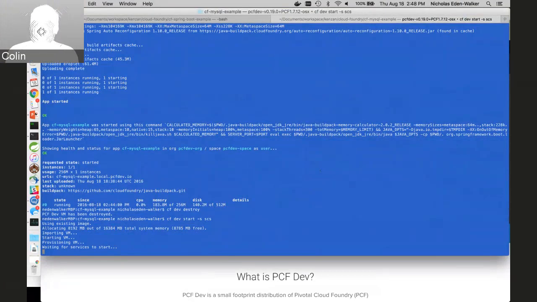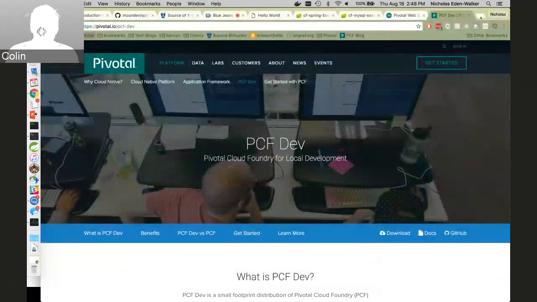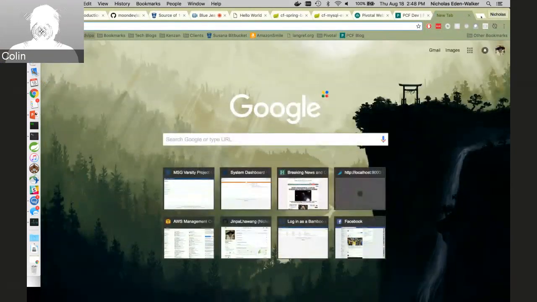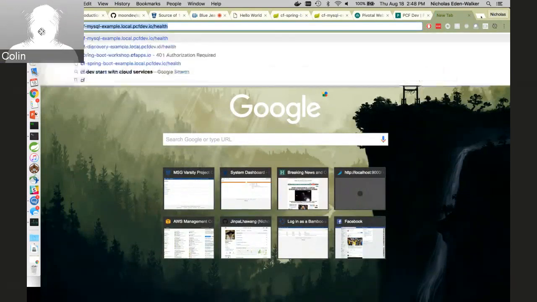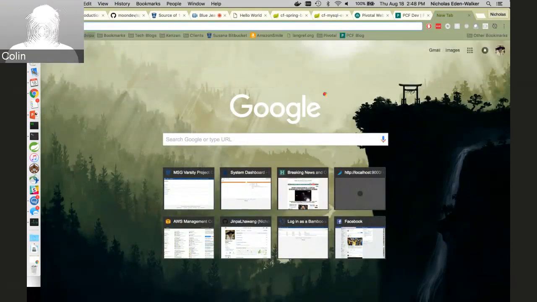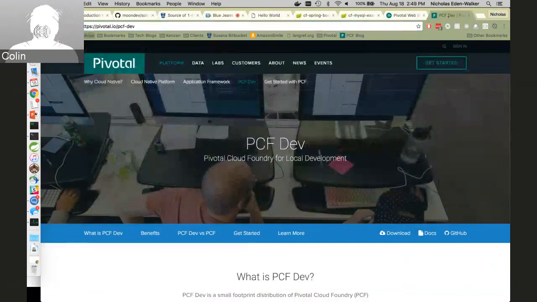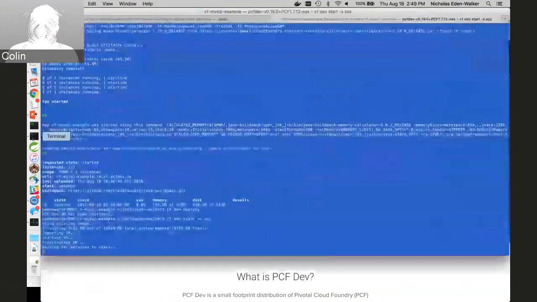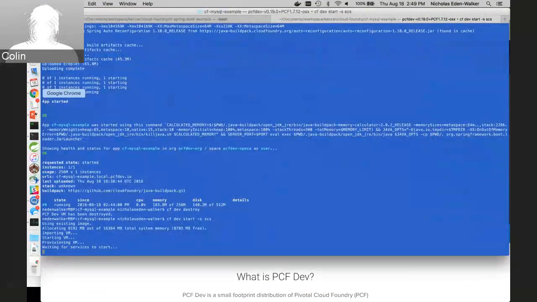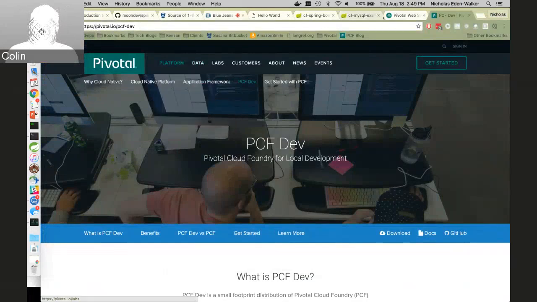Colin? It seemed like you could bind one of your apps to one of the Cloud Foundry's managed services like MySQL, and you ran that command to bind the app to the MySQL. But can you put that in a configuration file and just have it automatically, so when you press deploy, it automatically binds the app to the database? Yeah,